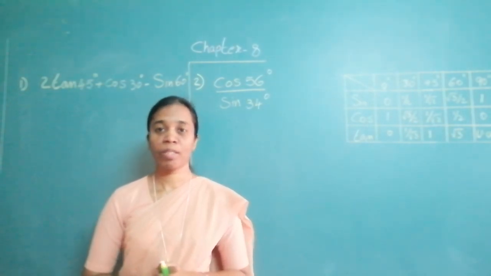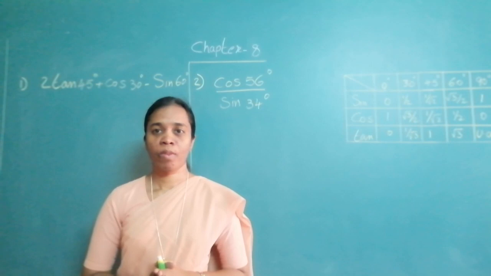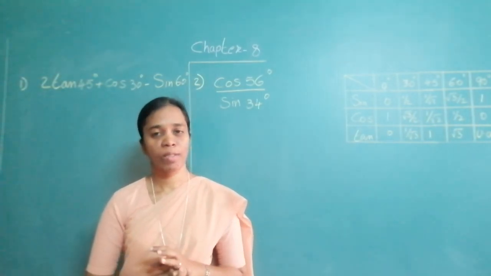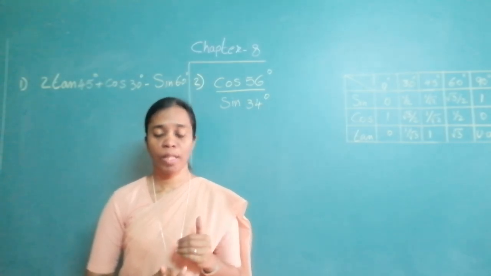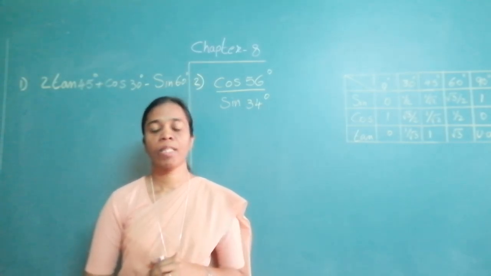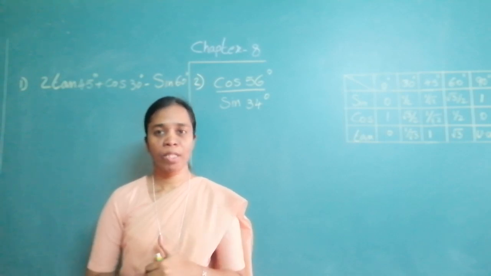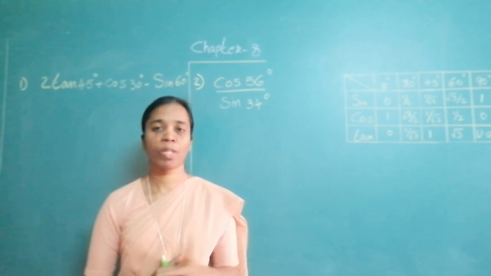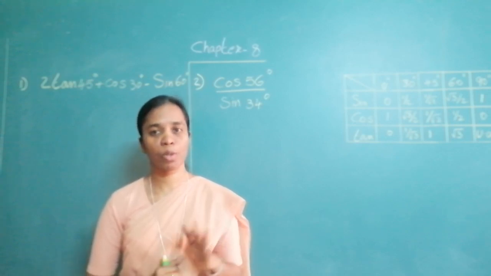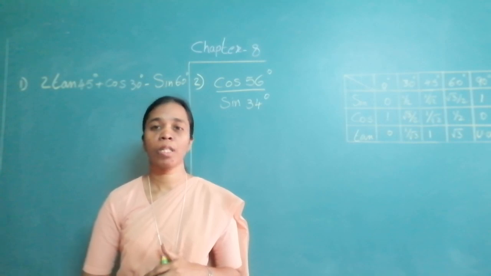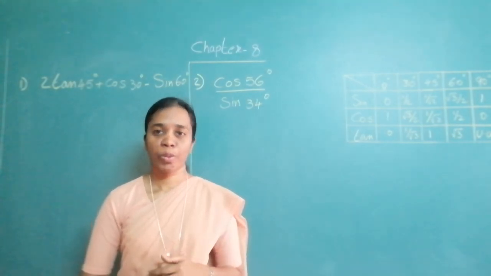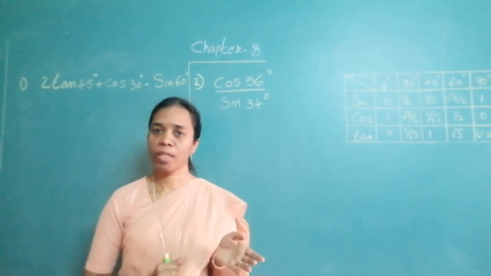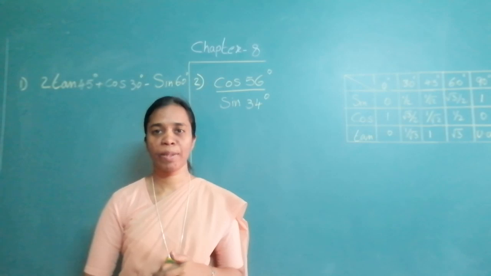We have done with the formulas. Which are the formulas? Trigonometric ratios: sine, cos, tan, cot, sec, cosec. What is the ratio? Sine, cos, tan. Everything we have seen. I told you that you have to remember. Then the inverse: sine is 1 upon cosec, cos is 1 upon sec, tan is 1 upon cot, and vice versa. Then trigonometric complementary angles ratio, that is sin(90 minus theta) is equal to cos theta, cos(90 minus theta) is equal to sin theta, and vice versa.